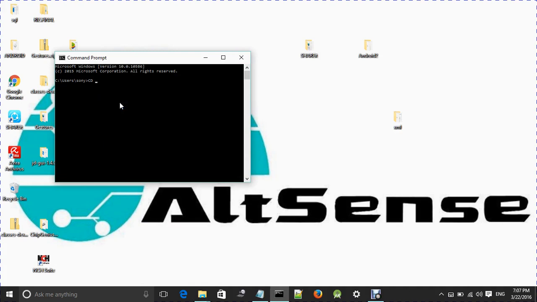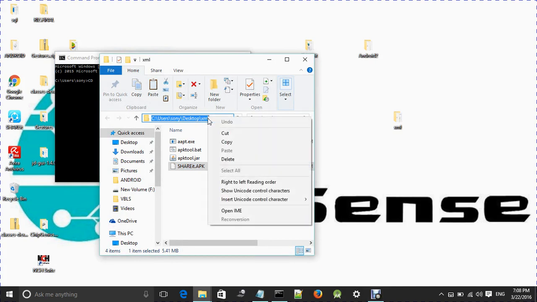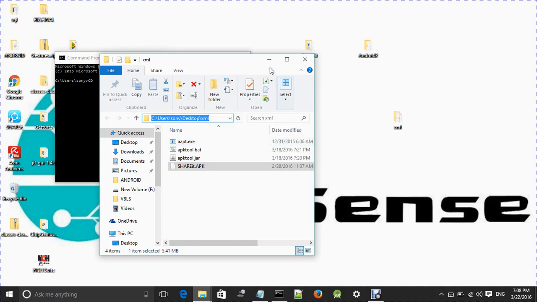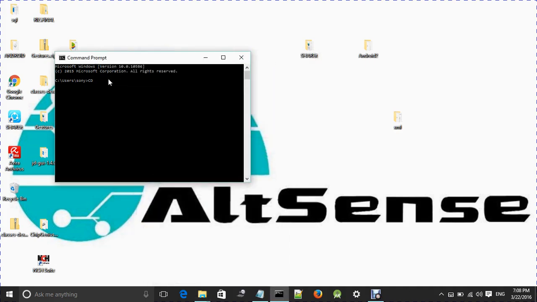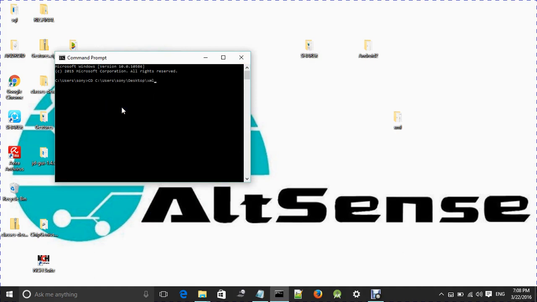Just pasting, sorry guys, XML folder. My mouse is not working correctly. Just copy this part and paste it here. Yeah, we have made this, and press enter.